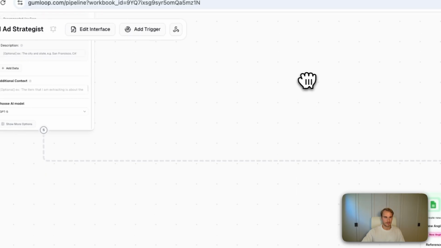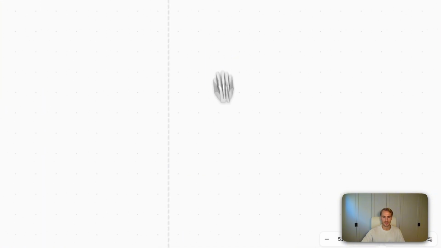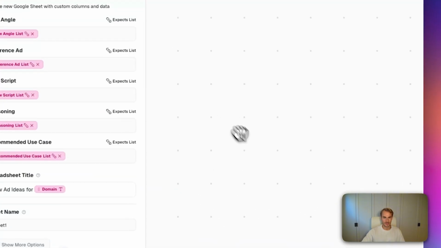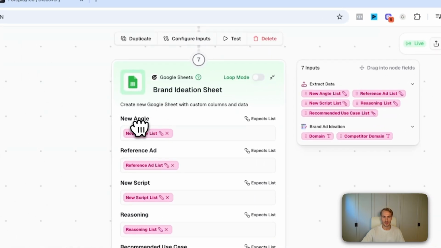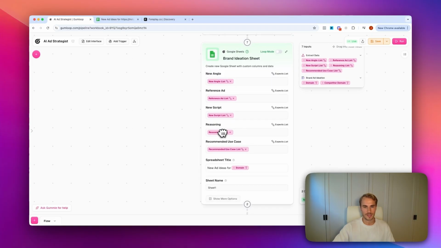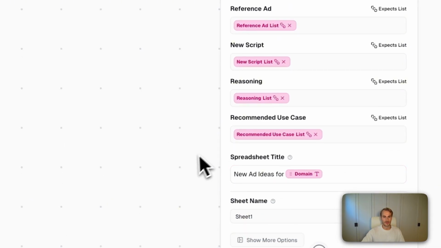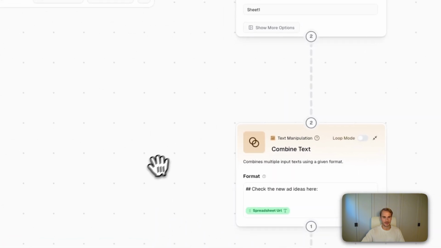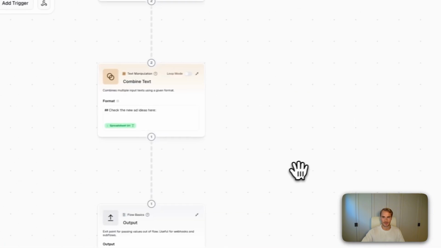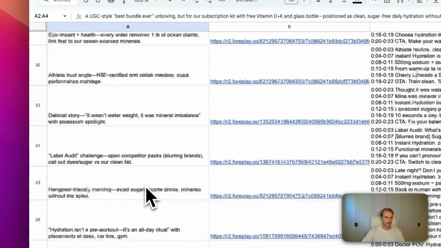Then we basically map everything into a Google Sheet here. We also map in everything from the previous step into the Google Sheet, where we then map the new angle, the reference ad, the script, the reasoning, the recommended use case, and then we just have a title for the actual spreadsheet. And then we basically have everything uploaded right here into the Google Sheet, and that's pretty much it for this flow. And this is what the output looks like, where we have all of the new angles right here